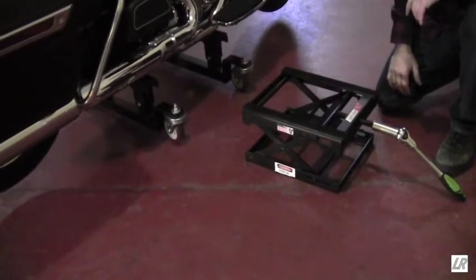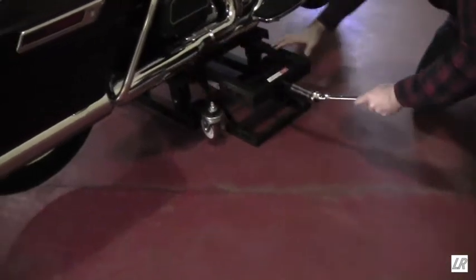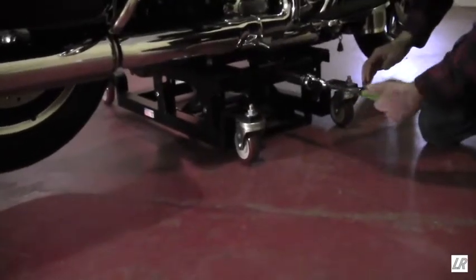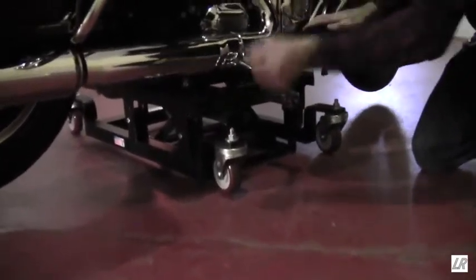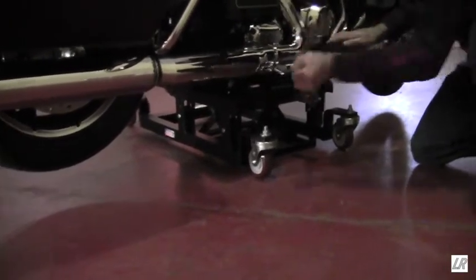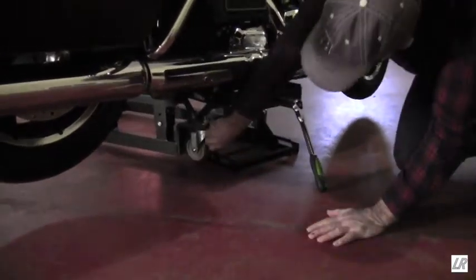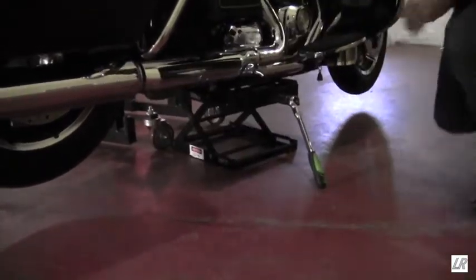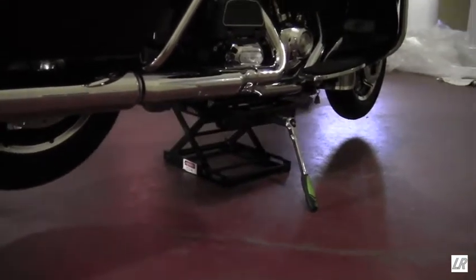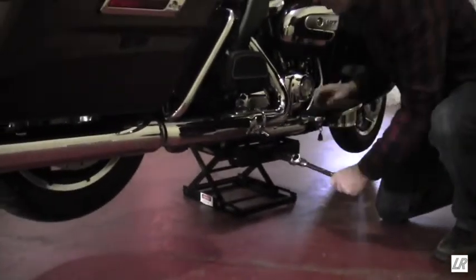To take your bike off the Let's Roll Cruiser Dolly, slide the Let's Roll lift underneath your bike, crank it up a couple turns, push the dolly out, reverse your ratchet,